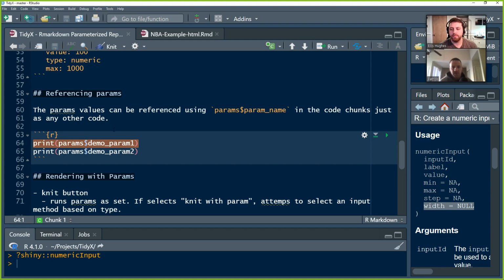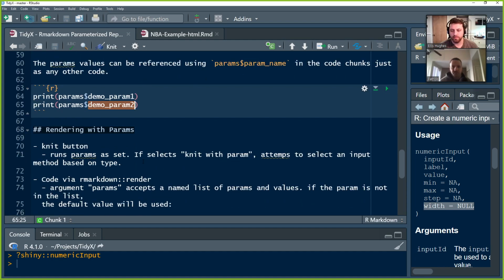So for example, if we were to knit this R Markdown and knit with parameters, Ellis could change the parameters, and then those will print into this R Markdown file because he's actually got it in a chunk. This is going to be really important when we get to the example, because you'll see how we call back to the parameters, the information that's being set,